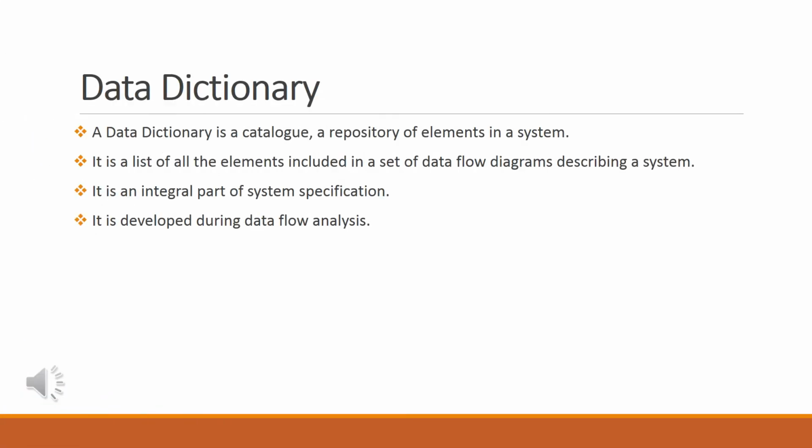Now the next topic is data dictionary. What is the meaning of this term data dictionary? Dictionary means the storage system, or you can say it's a kind of repository that is storing the meaning of something or meaning of some word. Similarly, in case of a database also, data dictionary is a kind of repository which is storing the data about the data, and this data about the data is also known as metadata.